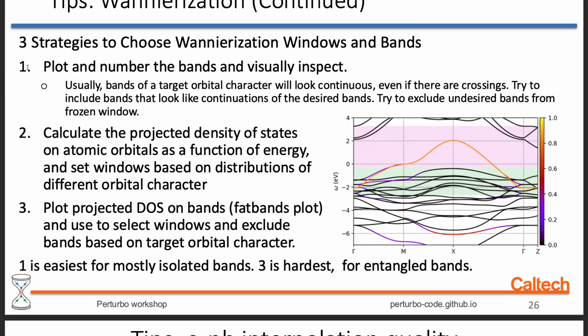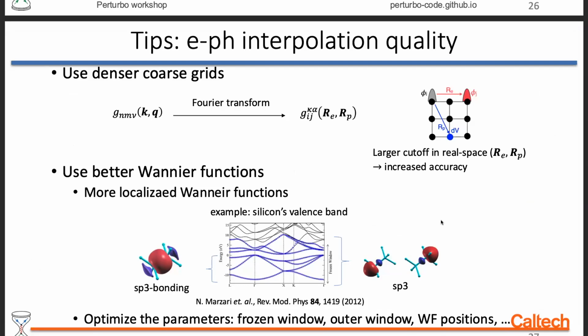So, this first trick is the easiest and it will probably work if the bands are well isolated. 3 is the hardest, and this is something that's good to do if the bands are significantly entangled and it's confusing. And then for the electron-phonon interpolation,